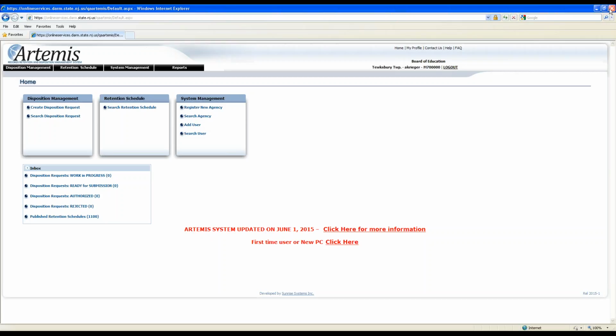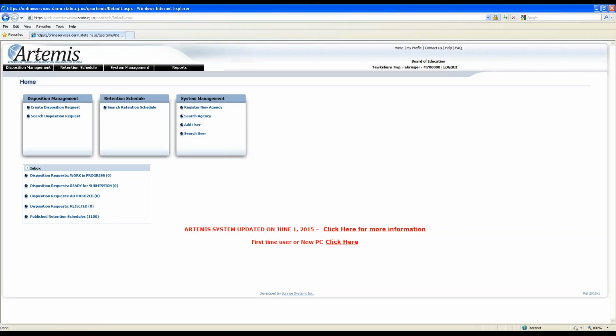And then the last way that you can be logged out of the system is that if you're logged in and you haven't had any activity in the system for a period of time, for security reasons, the system's going to log you out automatically. At that point in time, you'll just have to log back in. But I do caution you, if you're doing certain steps in the system that require you to add new items and save, anything that you haven't saved will be lost if the system automatically logs you out. So one of the things I will talk about when we get to disposition processing is as you're adding new items, just make sure you save after each item you enter so you don't lose anything that you've done so far.